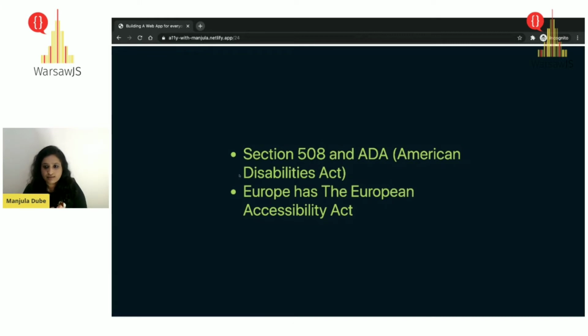And the same goes with Section 508. It is a part of the Rehabilitation Act and ensures that all the federal agency information is accessible to everyone. It includes basically everything, from electronics to your IT and everything. And the European Accessibility Act is in Europe, which caters to seeing that your website is basically accessible or not.